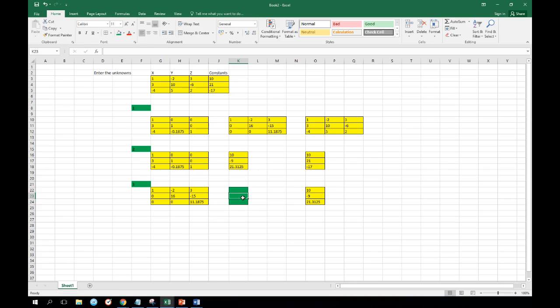This will be the x sub 1, x sub 2, y sub 2, or for this example, this will be the x, this will be the y, and this will be the z. Now on this part, based on what we have done for the first and second step, what we normally do is we start from the top going to the bottom. Now let's start from the bottom going to the top, since the third row here is all zeros except for this one. So we can just simply create a formula here wherein we will be dividing 21 by